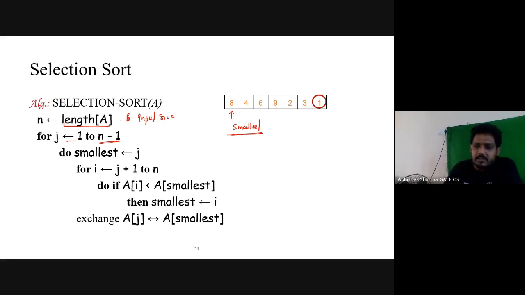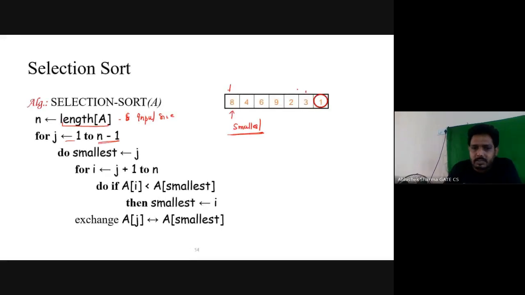So now the outer loop is running from 1 to n minus 1, understand, and then we are assigning the 8 value as the smallest value. Then my second loop is running from j plus 1 to n. j is right now here, so j plus 1 is this, j plus 1 to n, up to the last element.